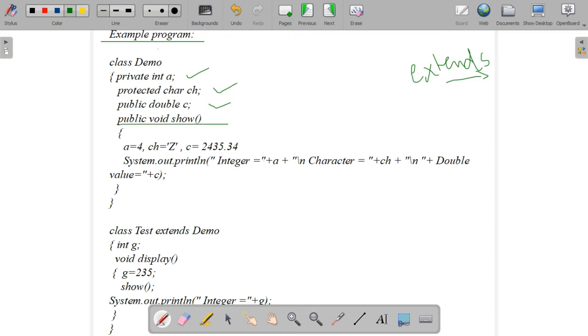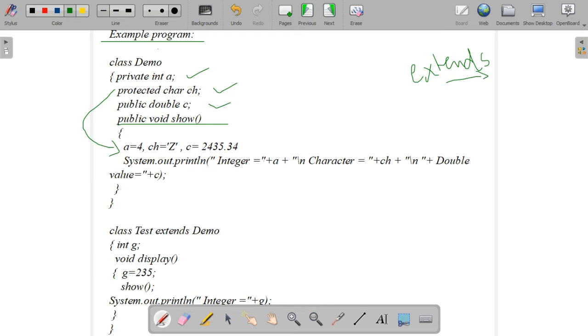Then another method, void show. You know that with the private access modifier, it can be accessed only within that particular class. So inside this class, private a is accessible.